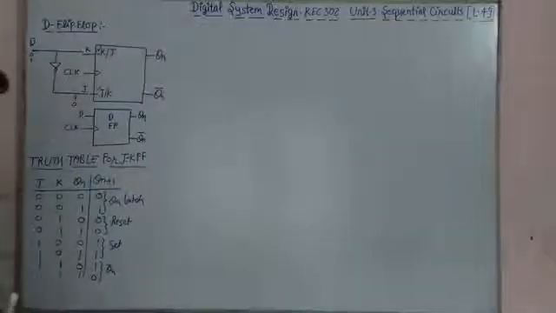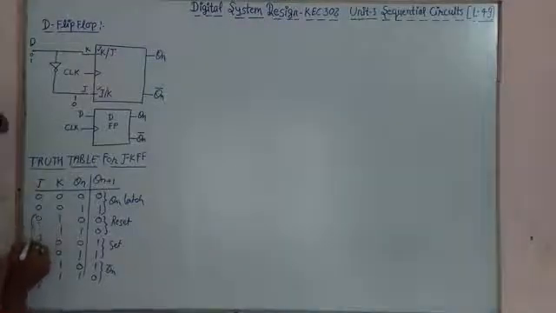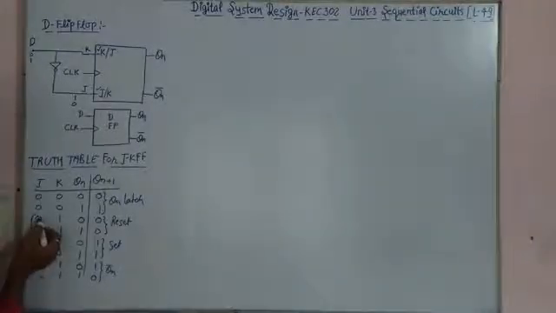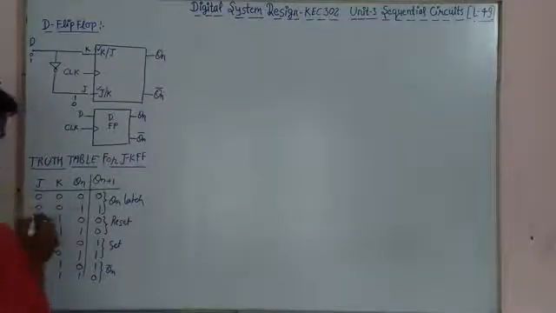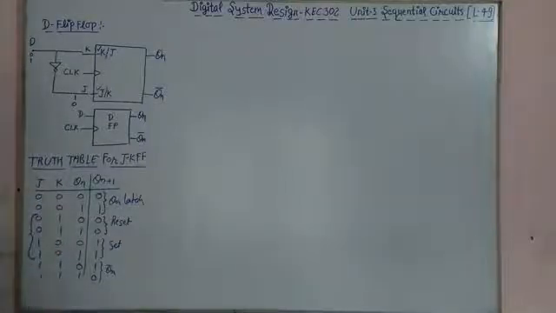You can see here you have 8 combinations. From these 8 combinations you can see 4 combinations that are complements of each other: 0 1, 0 1, 1 0, 1 0. So I will choose these 4 combinations, and we have already told about these combinations. I am interested only in these 4 middle combinations.